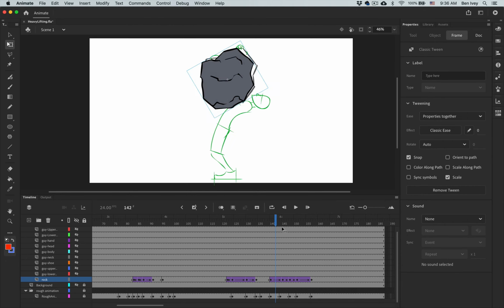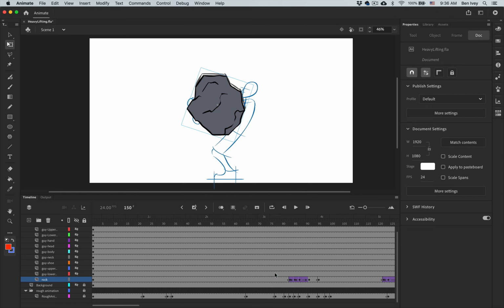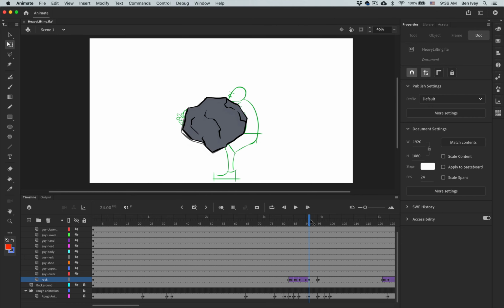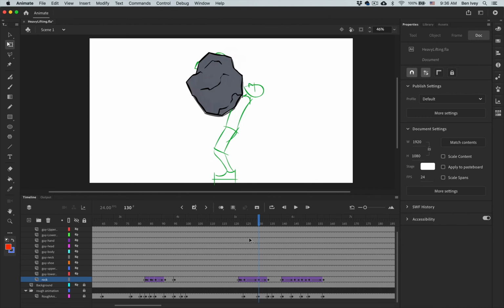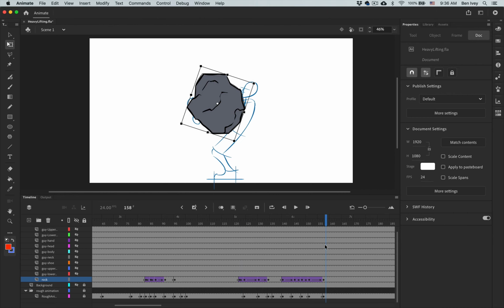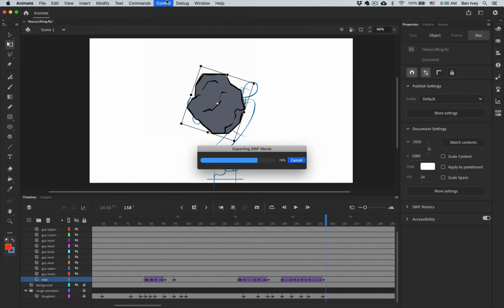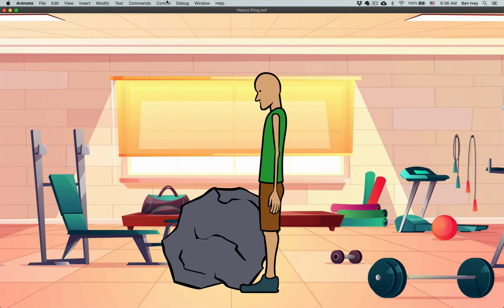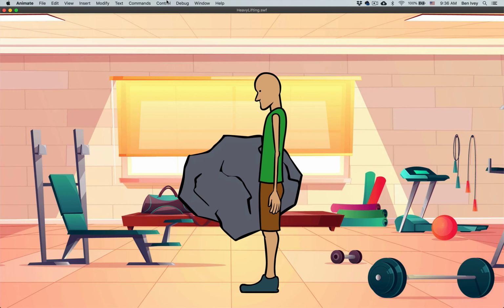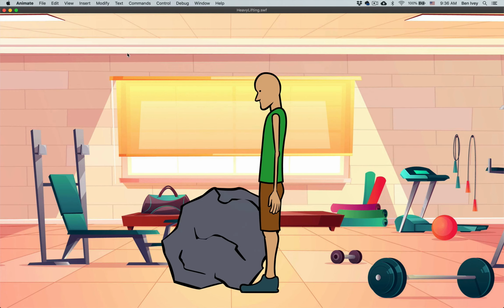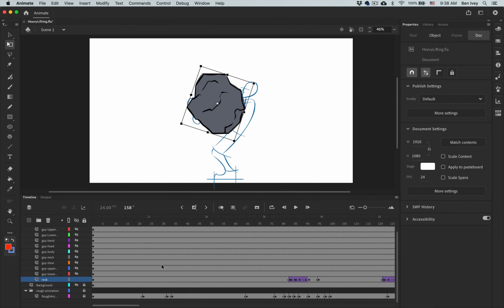Excellent. So notice what we've done. Going back to frame 1, pay attention to the action on the screen when he's pausing and when he's readjusting his hands and when the rock is actually moving. Between there is where you can add your motion tween. So now if we go up to Control and test our movie, you can see that the rock is going to be moving in a much more fluid manner. And then back down. With the rock part done,